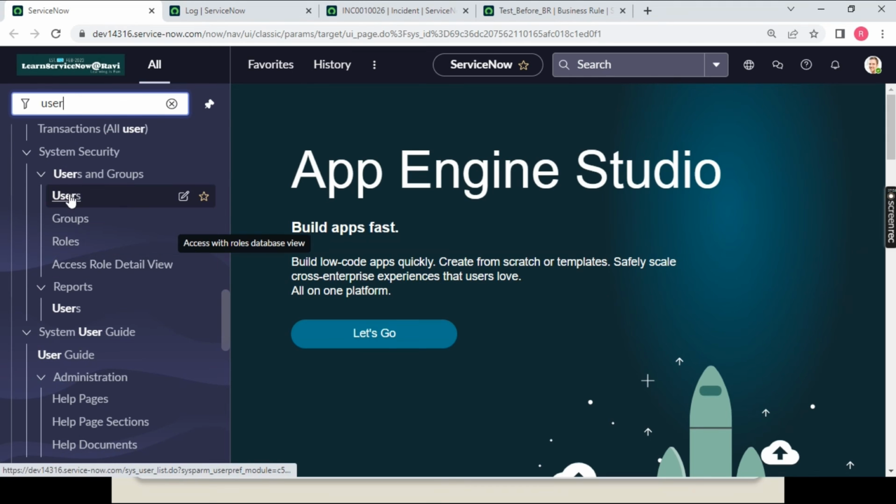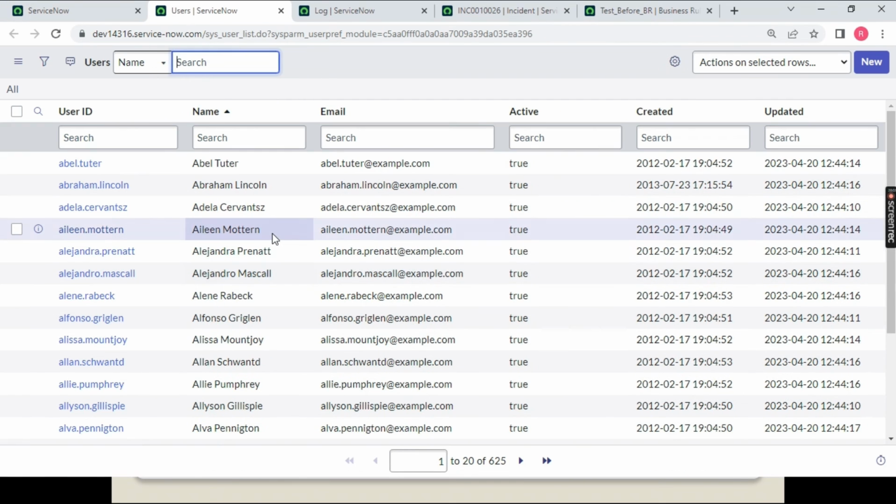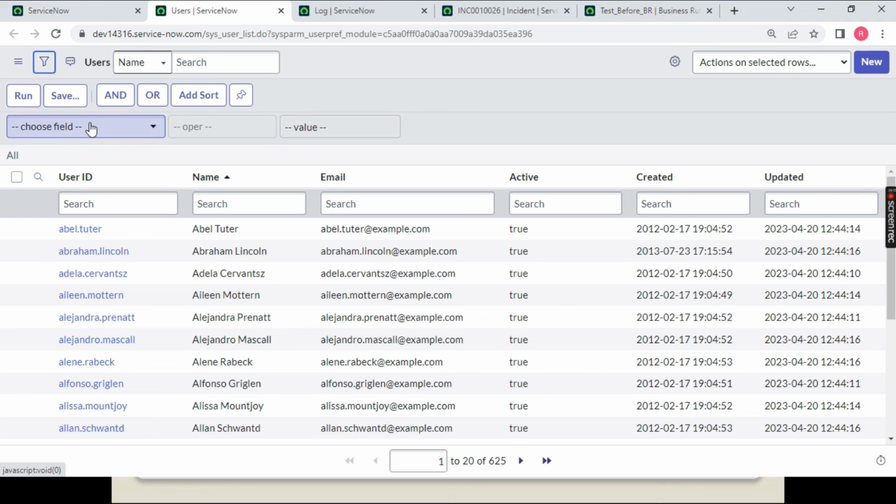I hope you guys know what sys is. We have discussed this in the table series when we covered the table part. Sys is nothing but a unique 32-digit ID given to all the records. Every record has a unique ID so that it is different from the other records. So if I click here and put sys,